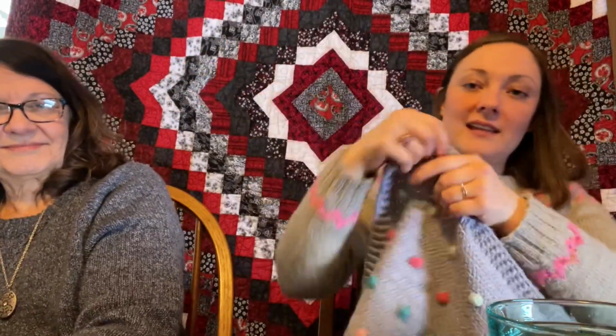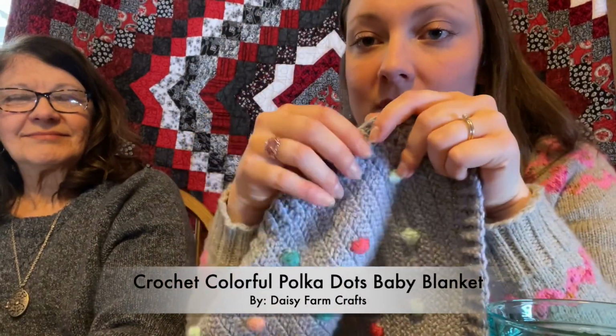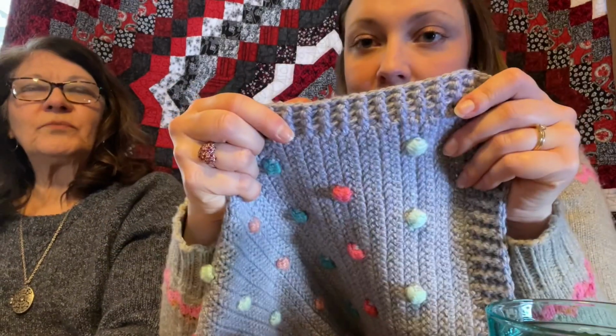So, jumping into that, I finished my crochet colorful polka dots blanket by Daisy Farm Crafts. It's all finished. And the border, I did the border it called for. It was super easy. I forget what they called it, but you went in with your hook in between the posts instead of into the stitch. On the first stitch, you went around the back of the post, and then on the second stitch, you went around the front of the post and did, I think, a double crochet. So it made this back and forth little...